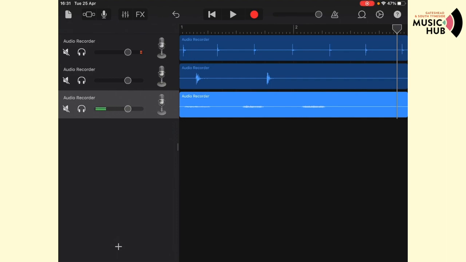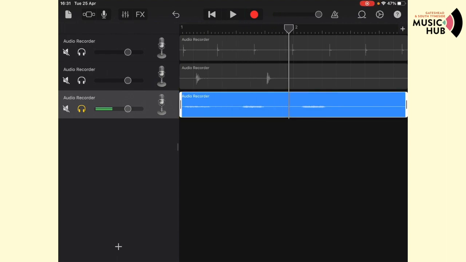I shouldn't use the word cut, because if you use the word cut on GarageBand, it means delete. Okay, we're going to use the scissor function, and we're going to split this audio up. So we're going to get rid of all of the little elements of silence, so we're just left with the sound. How we do this is, if we double tap, let's say if we take this bottom sound here,